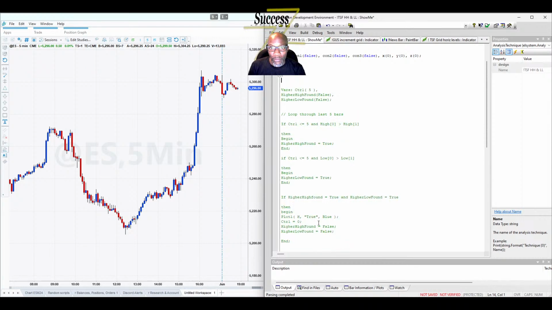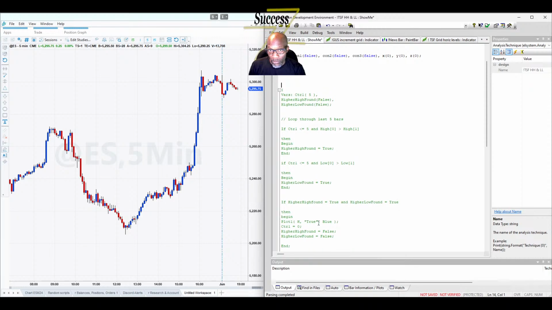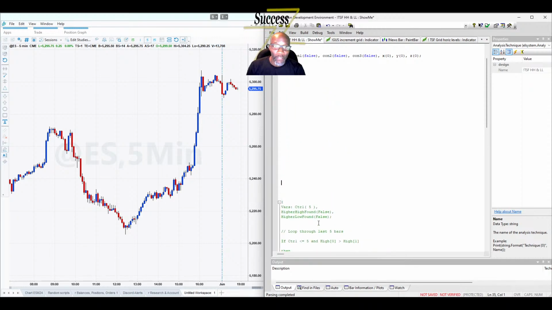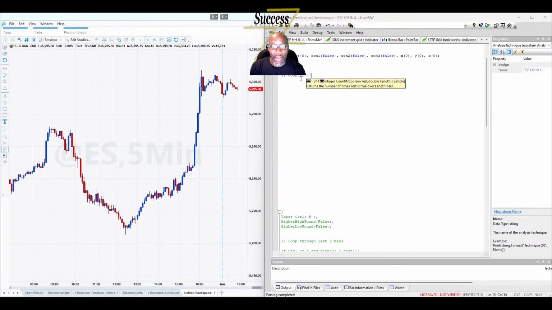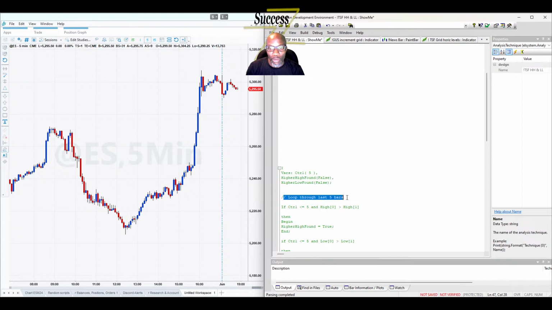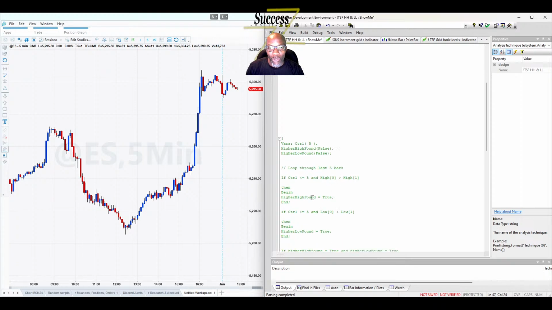and then we'll do this. So we'll also use a counter. Counter is CTR plus equal 1. So you can use the count if. For this version, you can use count if. Now, there are different ways that you might want to do it. I mean, you can use a loop. And I think that's what he was wanting to do. So he was wanting to loop through the last 5 bars. So if we want to loop through the last bars, then